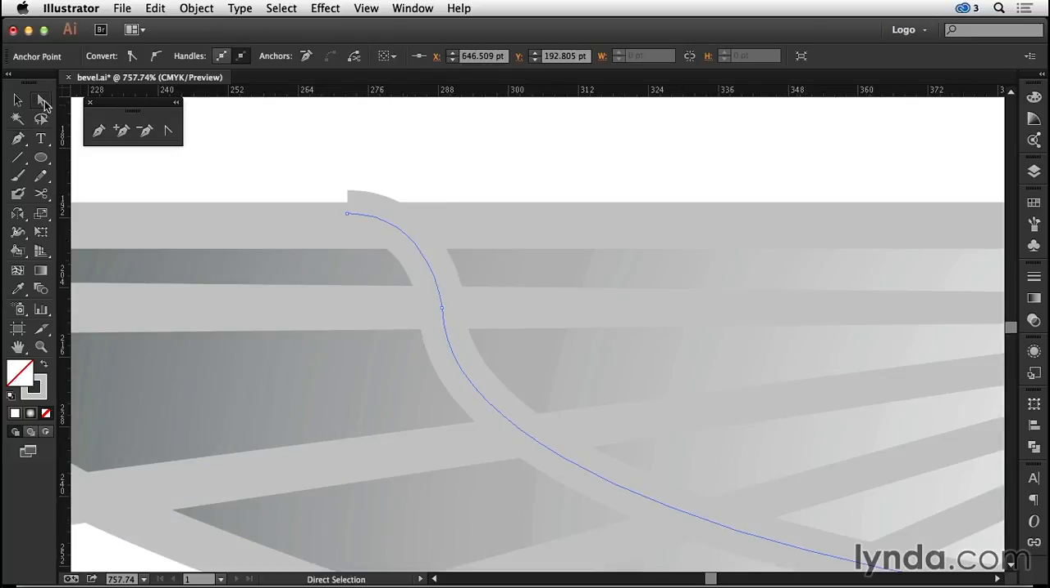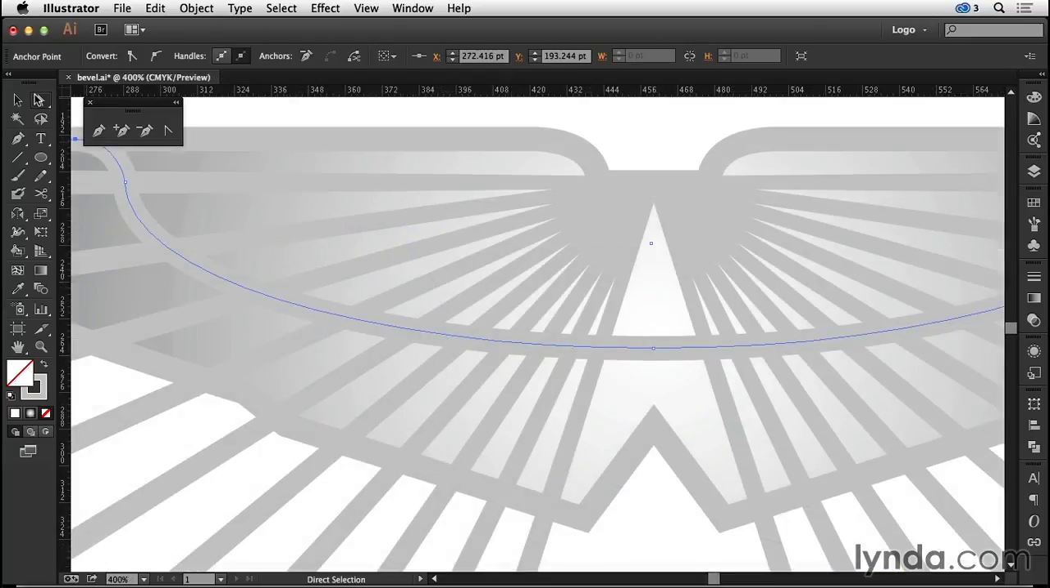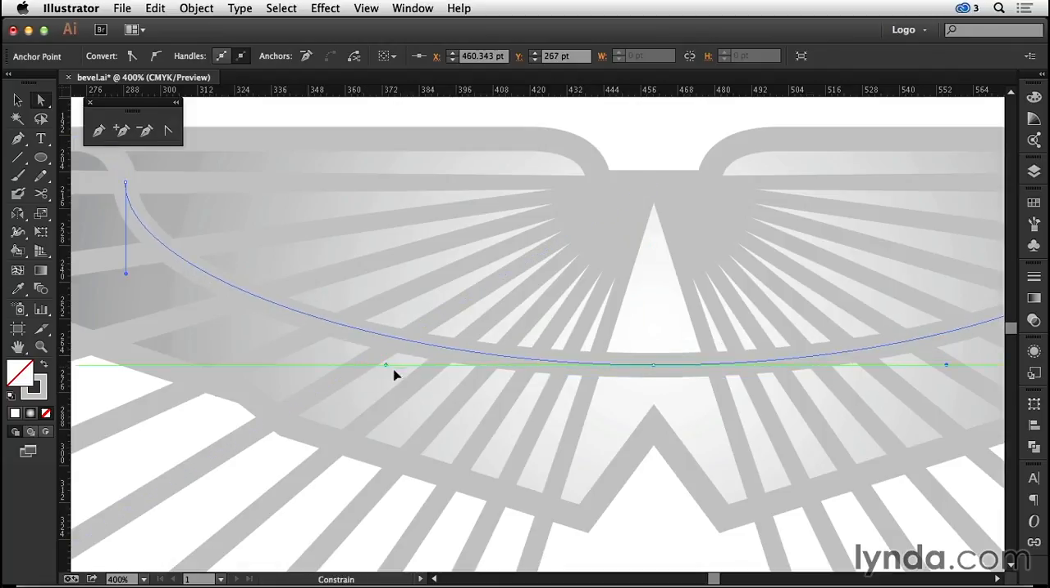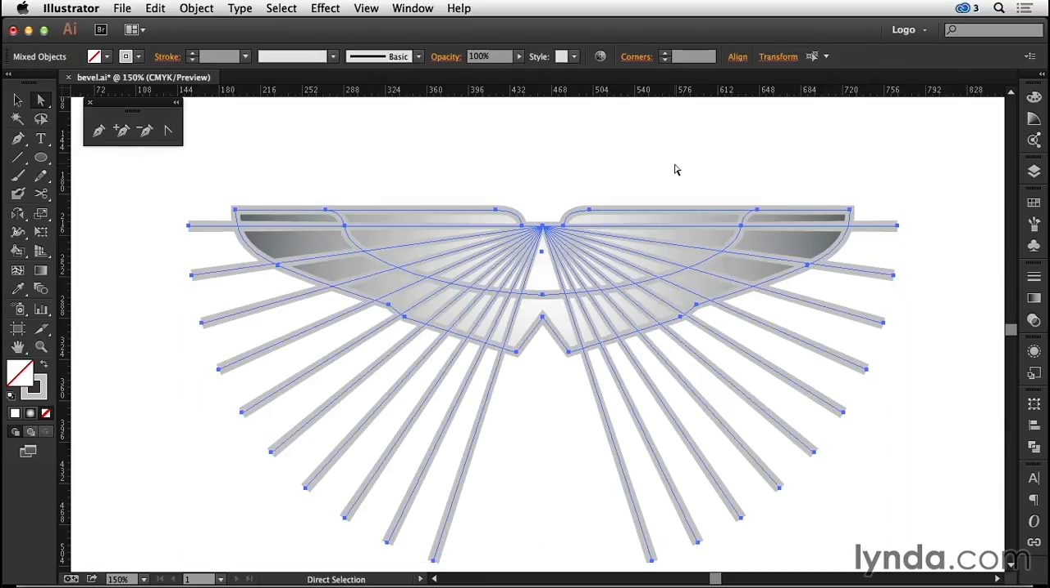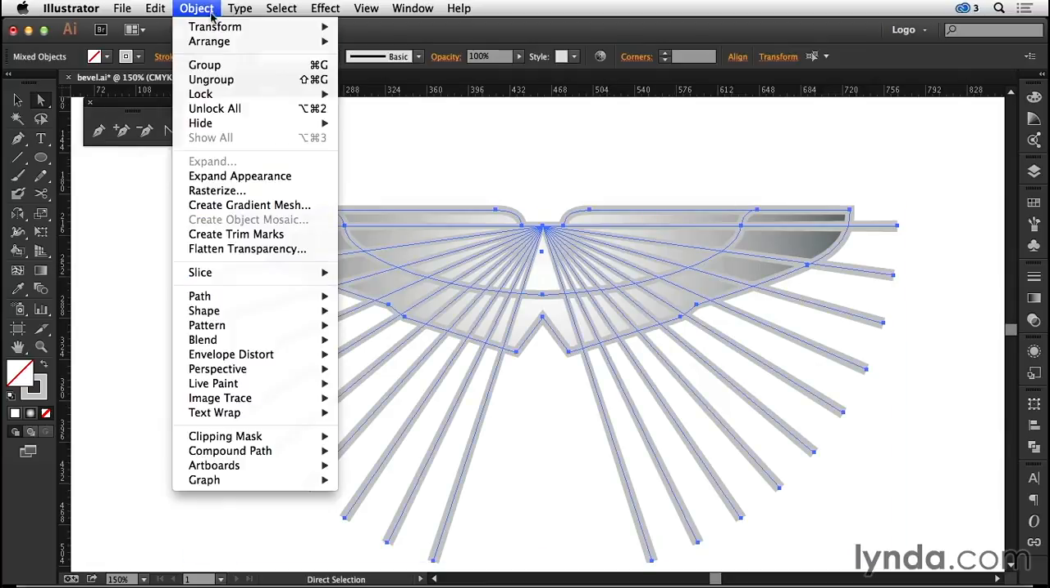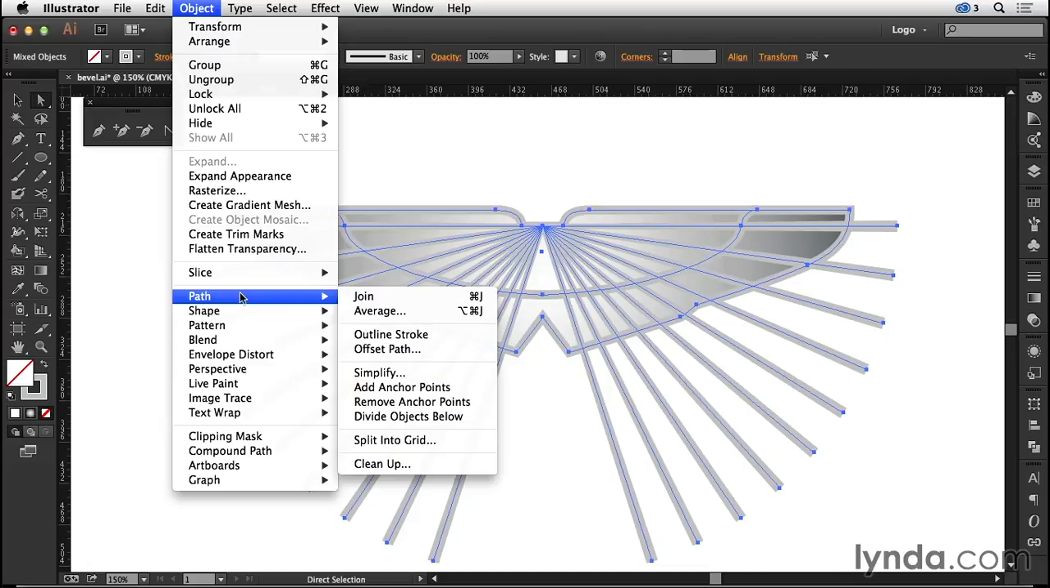Let's just zoom in on this one, select it with the direct selection tool. I'm now just going to nudge it down. Also, with the direct selection tool, I'll pull down that center point and possibly just adjust the nature of that curve like so. So I'm now ready to select all, and from the object menu, come to the path option